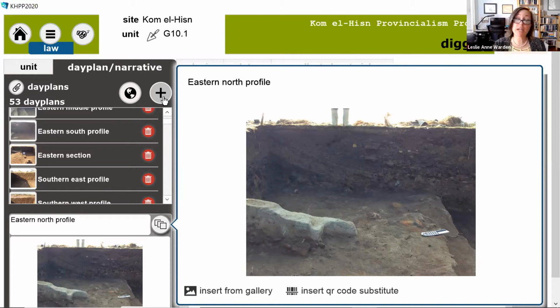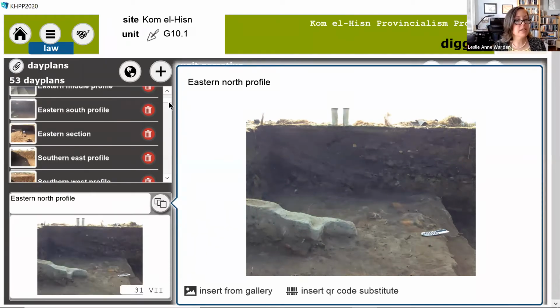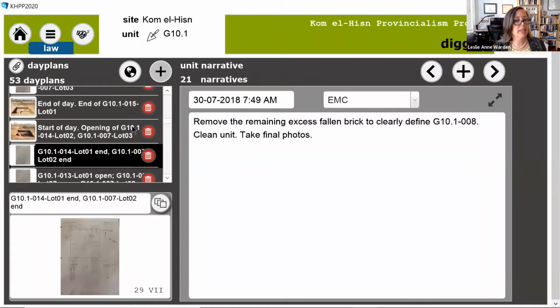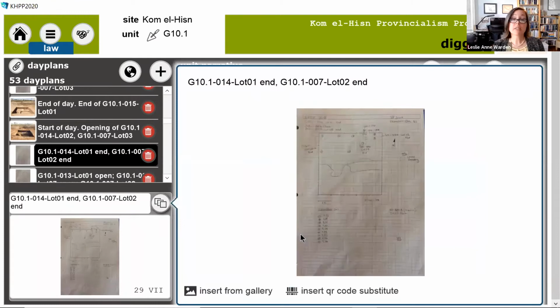But for the actual excavations, having an ingrained camera in the recorder that my excavators are using means that when in doubt, they can photograph. Are they not sure they've documented enough? Photograph it again. And so we have an abundance of photos that can then be downloaded from the database and used in publication. We've even used this in order to help capture our day plans,